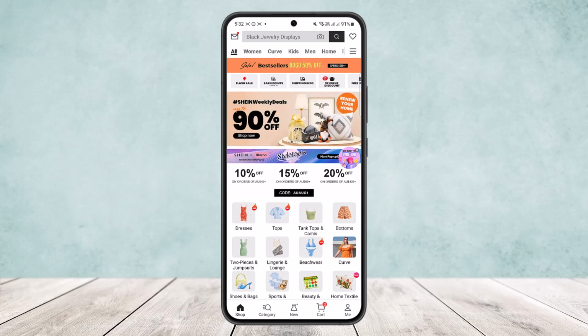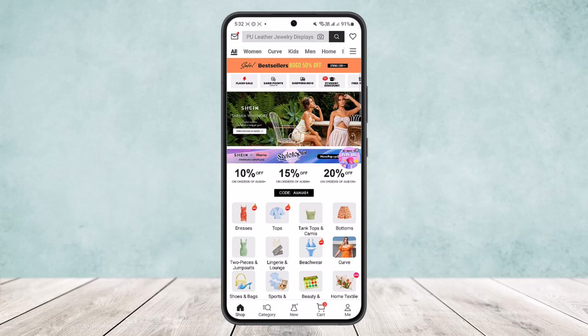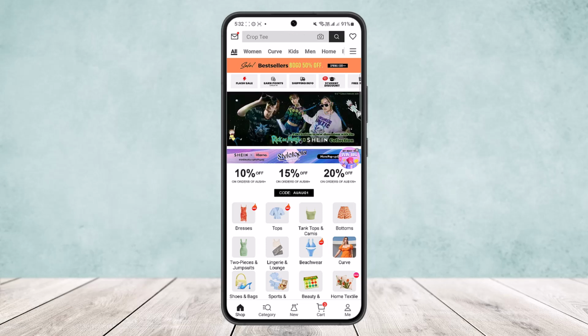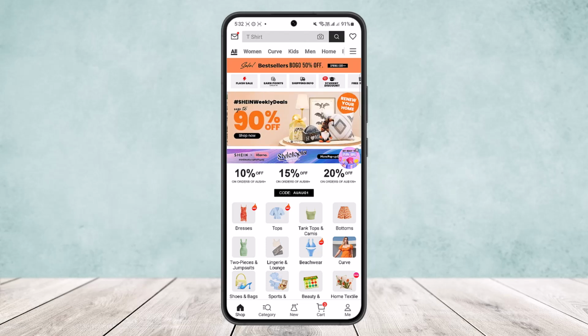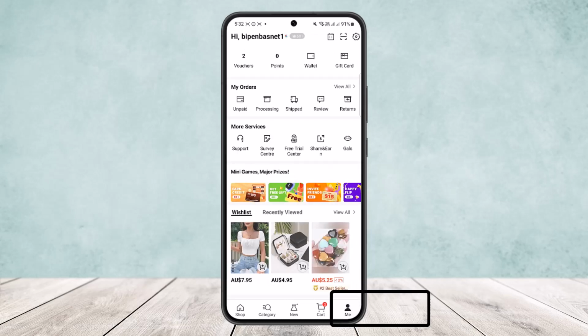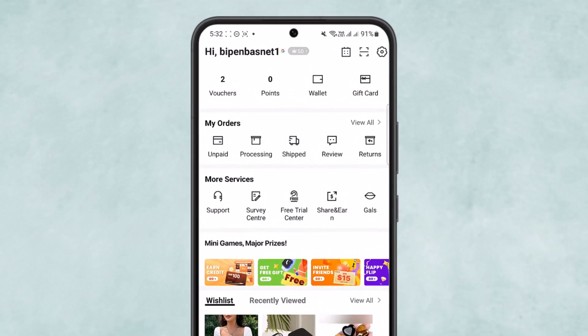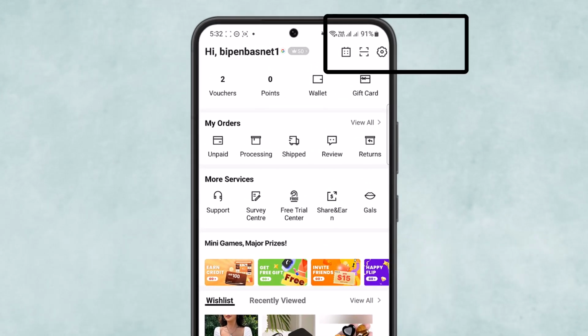Now once you're logged in here, you can see it's a bit congested and you can see various different options all over the screen, and at the bottom of your screen you can see 5 different options, and that is shop, category, new, cart and me. Now all you have to do is tap on the me icon at the bottom right corner of your screen, and once you do so, you can see here at the top right corner you'll get 3 different options: the calendar icon, the QR code icon or the scanner icon, and the gear icon or the settings icon. Simply tap on the gear or the settings icon there that you can find at the top right corner